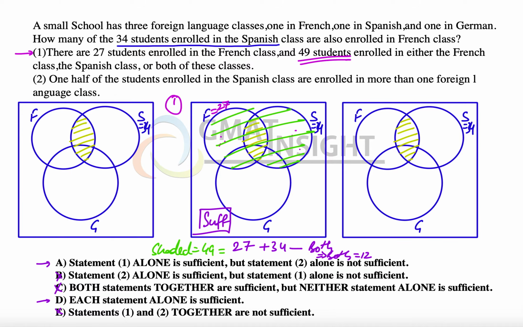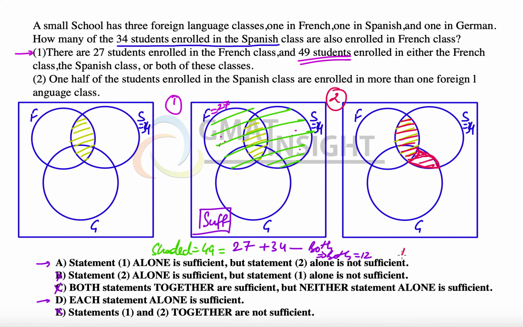Now let's look at the second statement. The second statement here says one half of the students enrolled in Spanish. In Spanish we have 34 students and half of them is 17, are enrolled in more than one language course, which means 17 students will come in this entire shaded region. Whereas we don't know what is the value of this particular part because we don't want it, we want only this part. And since we know only the sum of all of them and not this part, therefore we say